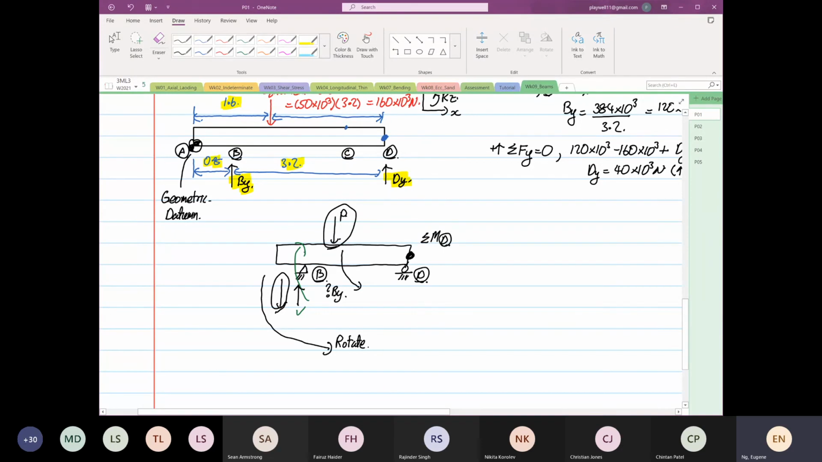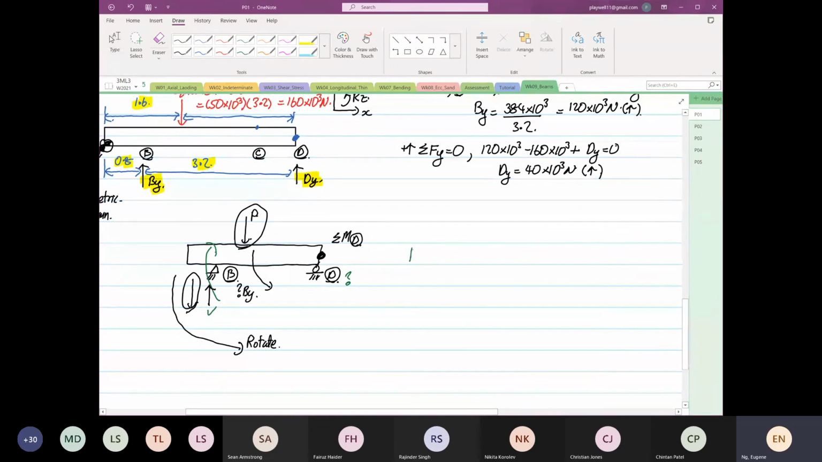So this is where you know that this is correct. And the next one, likewise the same. Let's say now you don't know point D. So to do point D, I'm going to draw the same thing. So this is your point B. So if P is coming down,